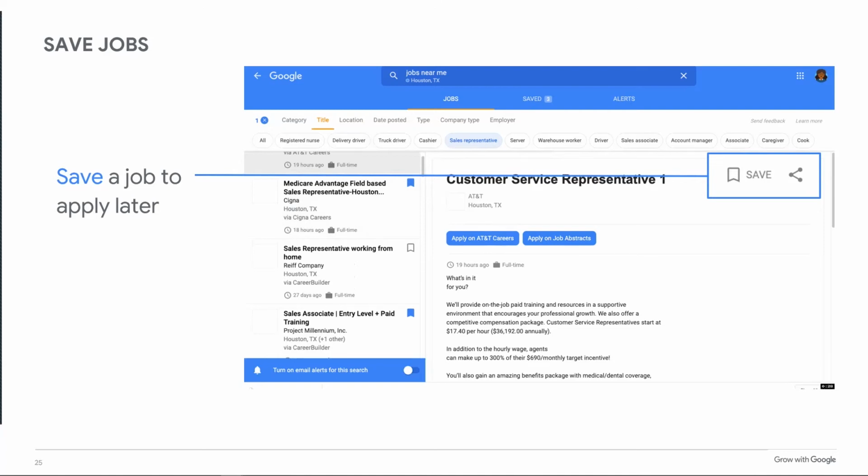Somebody once asked me, why wouldn't I just apply for it immediately? Well, the most effective way in general for people to apply for jobs is to do a search and find several jobs that they want to apply for, and then go back and apply for them, so that they have a list of jobs. Because if you're applying for jobs in the same industry, you can do a resume and do small little tweaks for that same resume. So like, for example, this is a customer service representative.